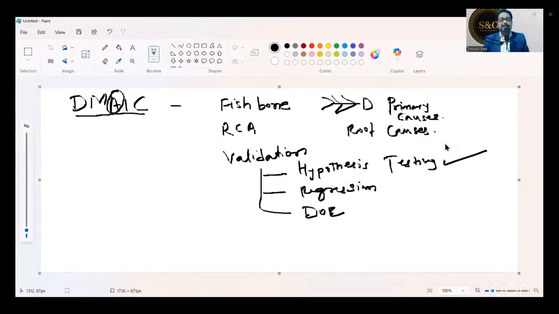Are you clear with this? Just type yes in the chat box. So this is the flow of the analyze phase. First we do fishbone, then root cause analysis, then validation. Are you clear? Just give me yes in the chat box, everybody. Clear hai?